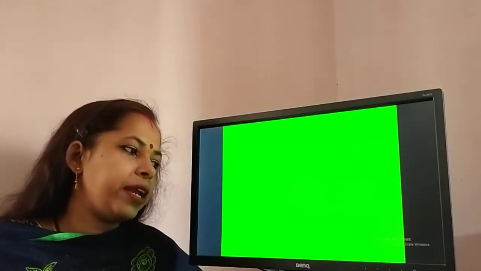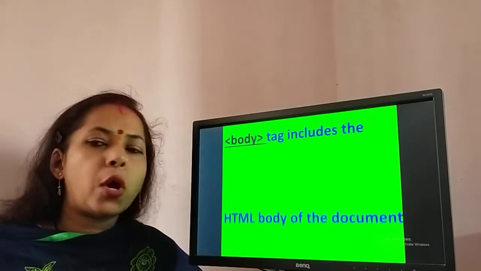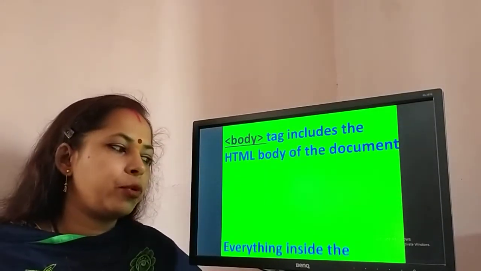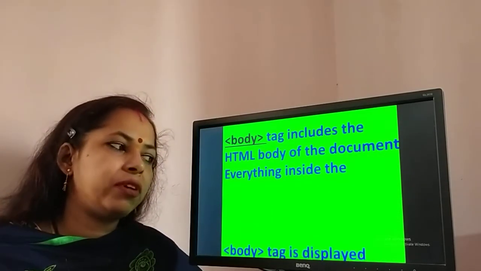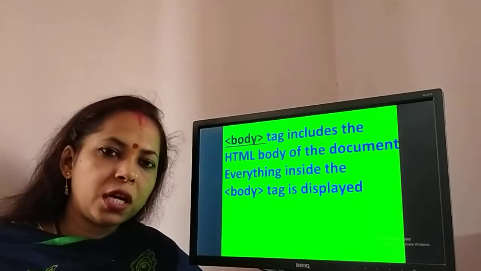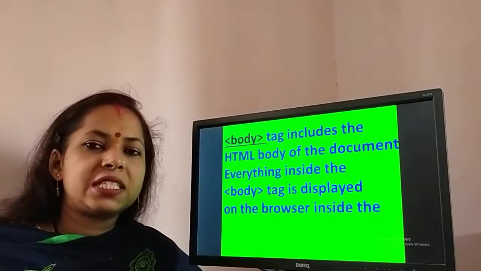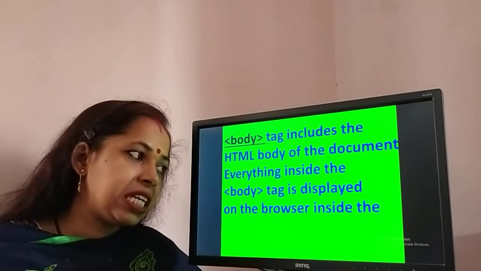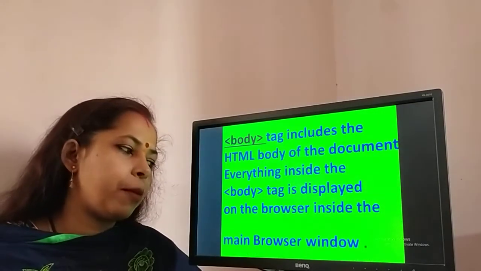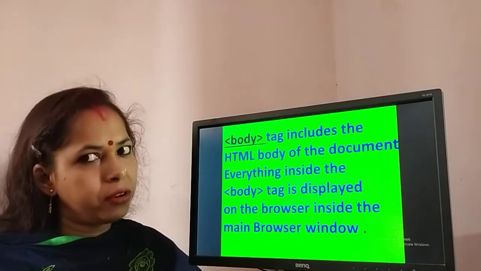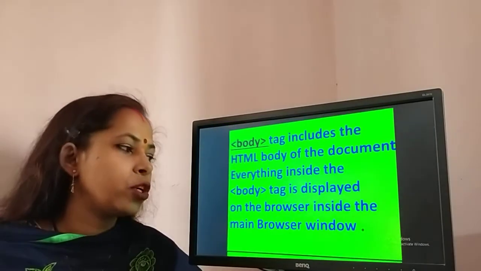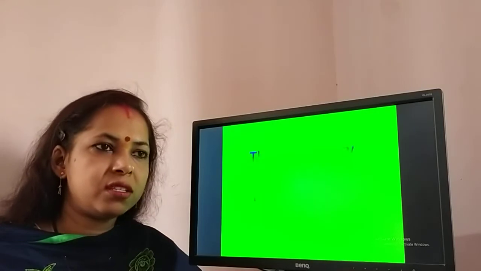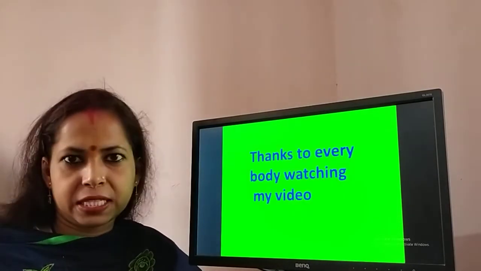Okay. So now next is the body tag. The body tag is a main tag in HTML programming, because in this tag we specify the background color of the web page. We will write the paragraph. We will write any story, any poem, anything to display on the web browser. We decide and write it in the body tag. So the body tag is a main important tag in HTML, because this tag displays everything.